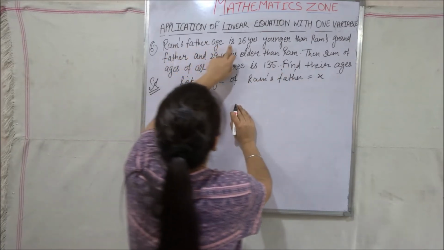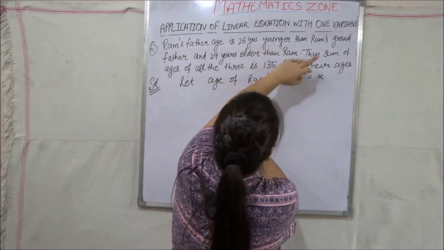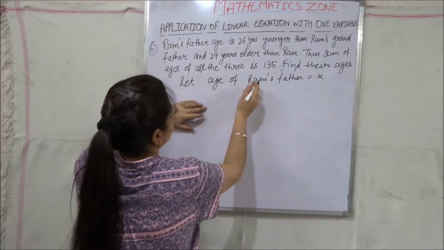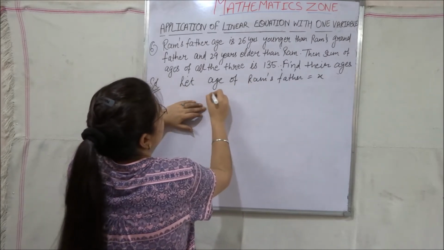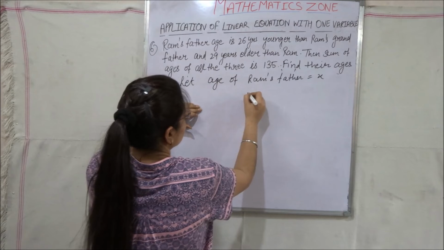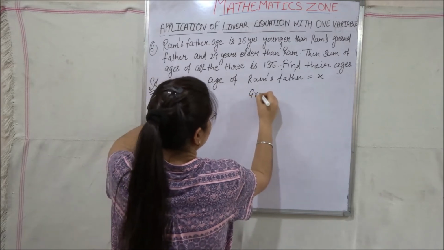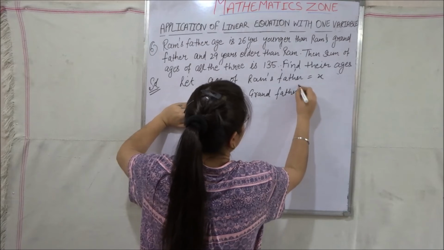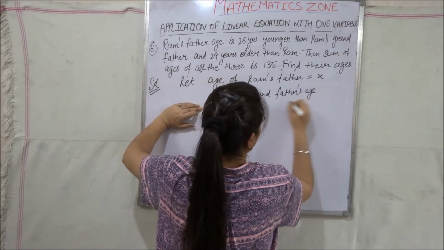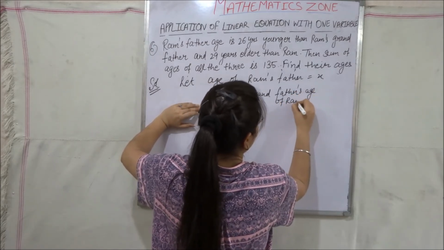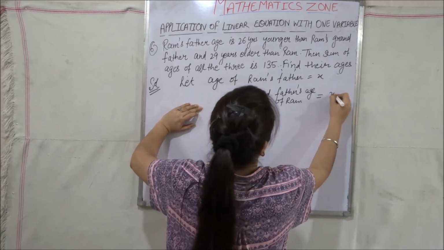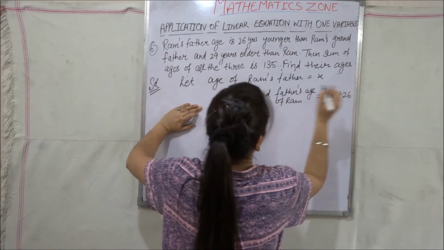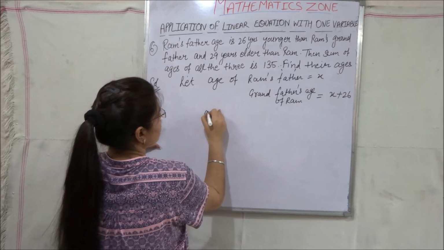Ram's father is 26 years younger than the grandfather. So the grandfather's age is x plus 26. Now the age of Ram